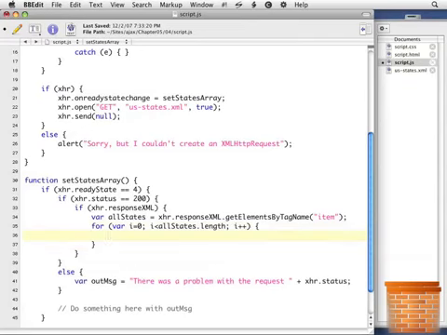And now what we want to do here is a little odd, so I'll try and explain it carefully. We're going to now assign values to that states array that we initialized at the very beginning of this code. statesArray[i]. So for each time we go through this loop, we're going to set up the next in this array of state names. What we set it equal to is the ith value that we found in this XML file. And that is in allStates[i], because remember that's an array also, getElementsByTagName("label")